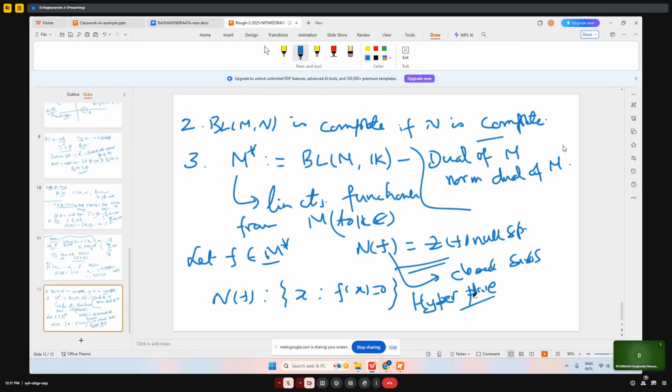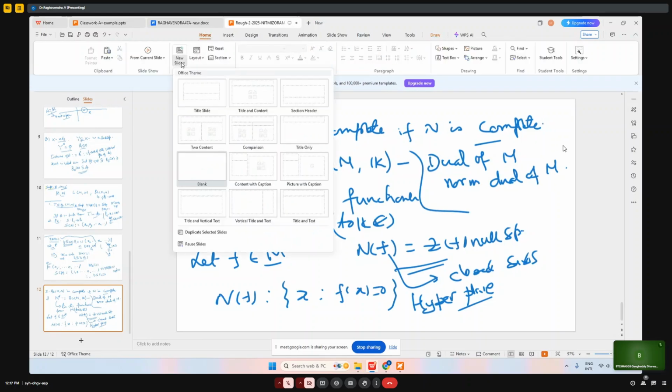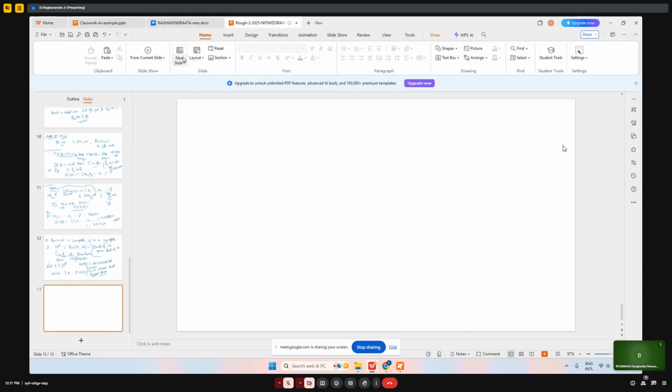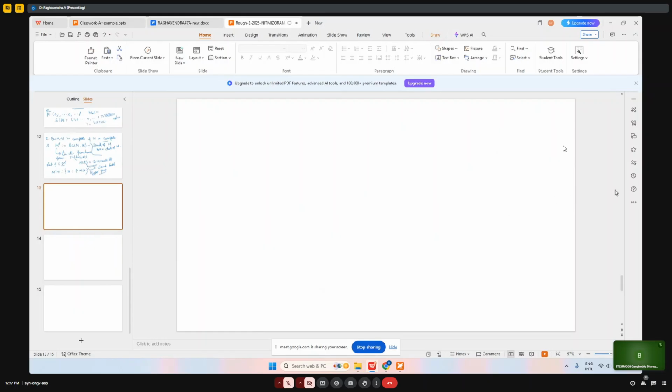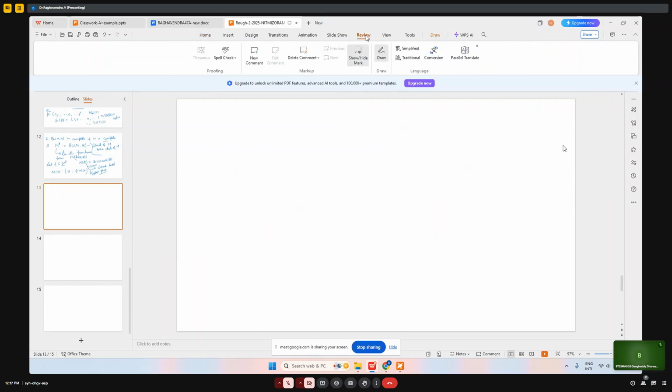Usually hyperplane means one dimension less. I will add a few more pages. What do you mean one dimension less? It simply means